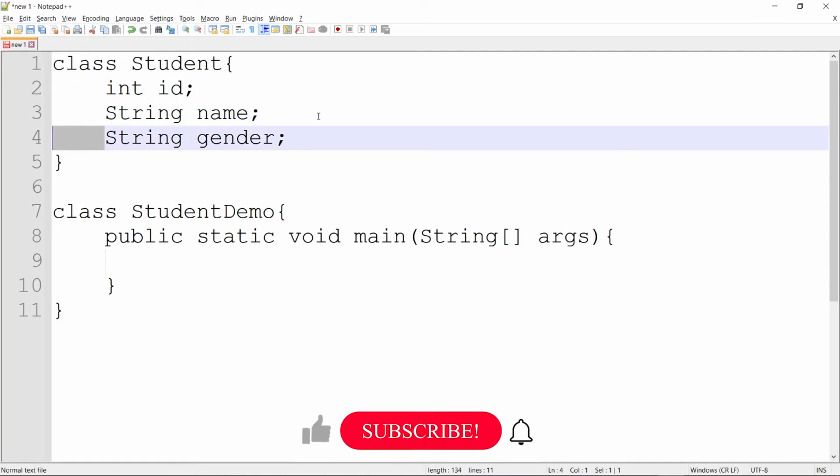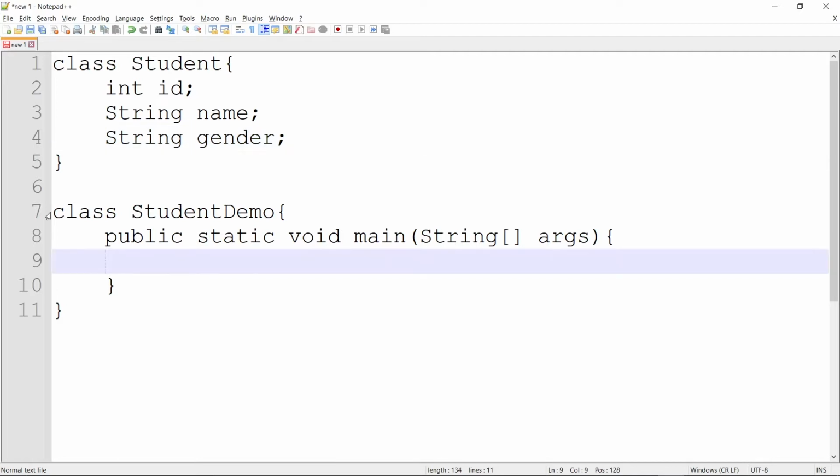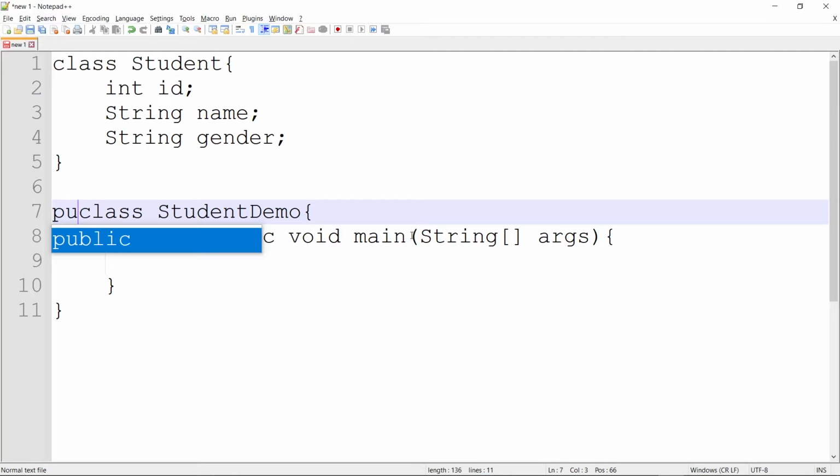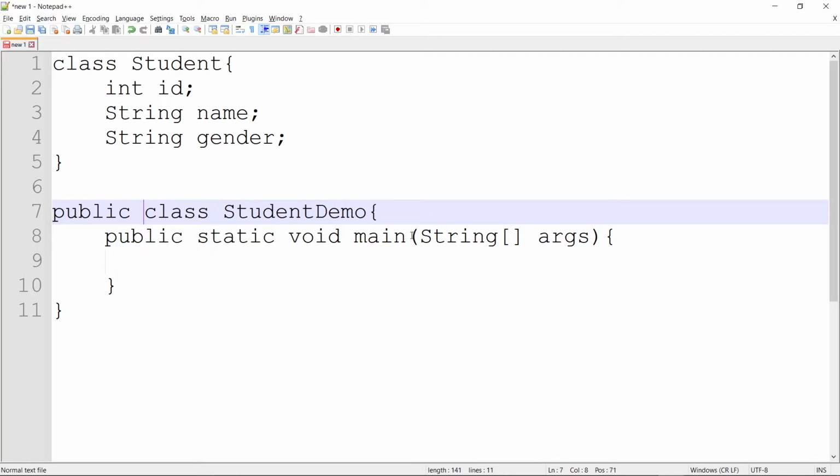So these are called indentations. Indentations are really useful to beautify our code. We can see that this code is very beautifully visible to us. Let's make this class public so that we can have one public class inside the file and we can name the file the same. It's not necessary, but it's recommended.